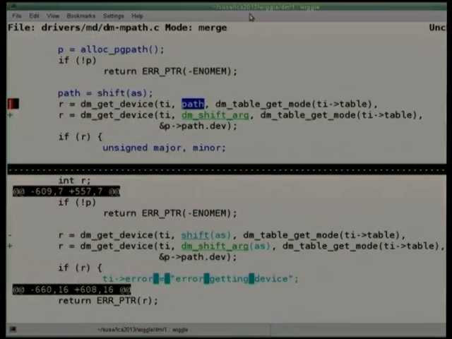Go to the conflicts, Shift-C, and this I thought was actually a really interesting conflict. What the patch wants to do is change this call, shift-as, which is passed as an argument to some function, to dm_shift_arg. So I've just changed the name of the shift function. No big deal. But in my code, instead of doing that function call in the arguments, I do the function call previously, assign it to a variable, and then pass the variable. Obviously a minor difference, and you can edit that by hand. But I was thinking, wouldn't it be nice, because the bit of code it wants to change, the shift-as, is exactly there, the line above.